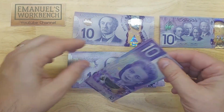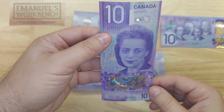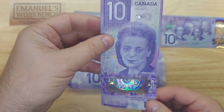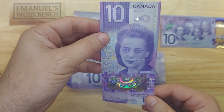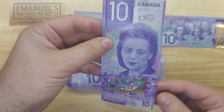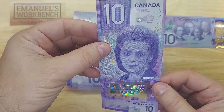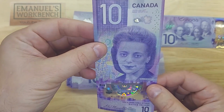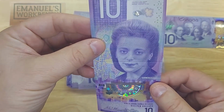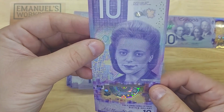And now the current design is a vertical design. So the banknote is 90 degrees to what we're used to as the orientation. And this features Viola Desmond. For those of you who are from the United States, Viola Desmond is Canada's Rosa Parks, if you will. She stood up to racial injustice and was arrested for sitting in a whites-only section of a